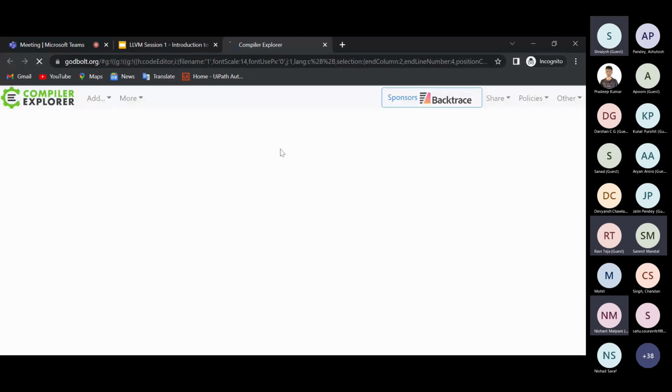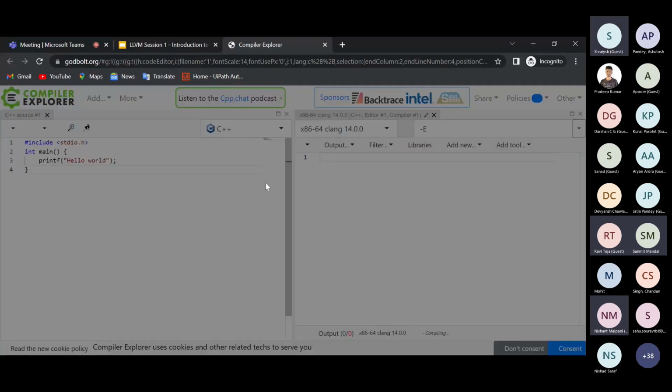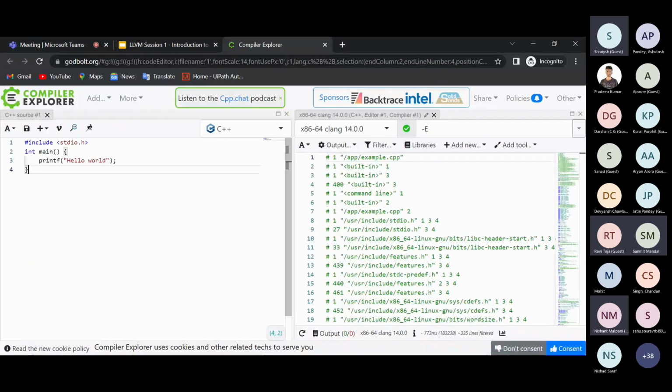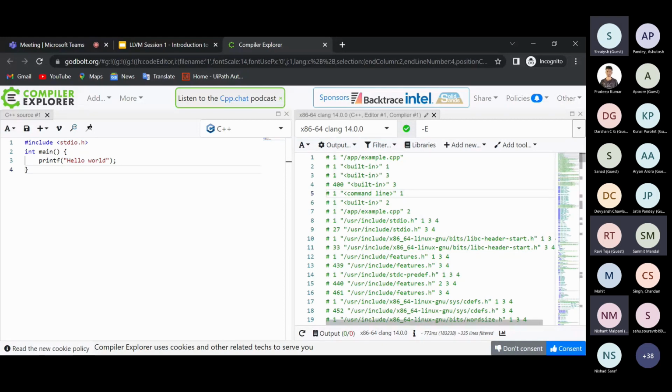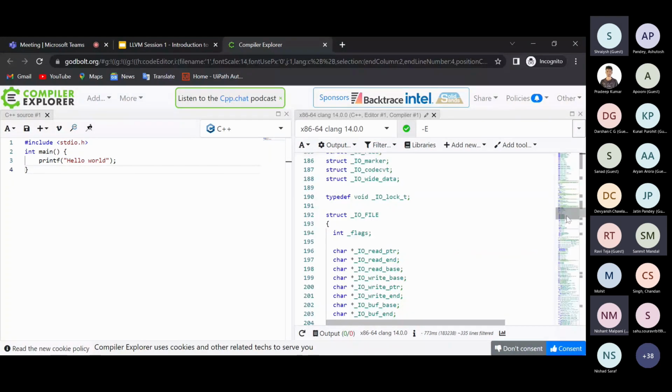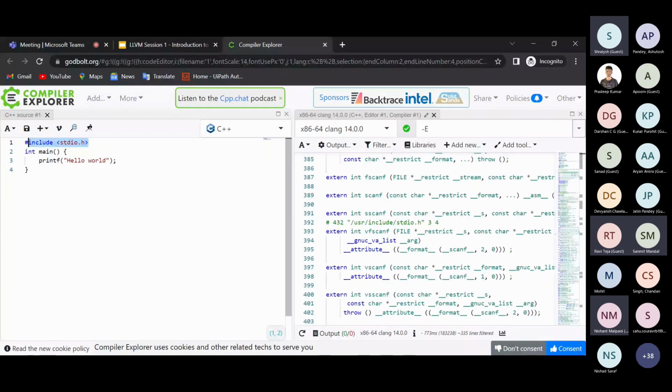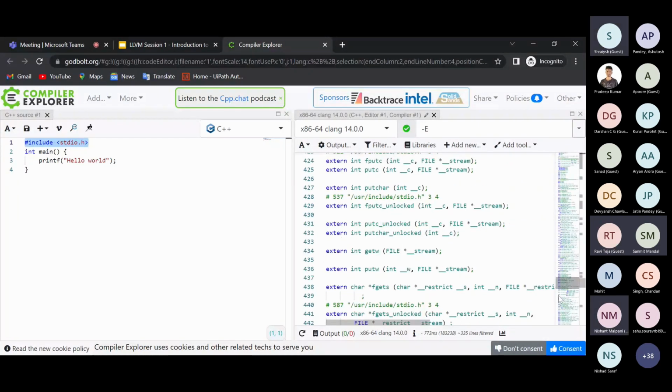I'm using Godbolt for this, by the way. This is an online compiler runtime environment. For example, this is your very simple program which prints hello world. When you pass the -E option to this with Clang 14, Clang is LLVM's C compiler, it gives you this output, which is a huge file. Most of this is nothing but the expansion of hash include stdio.h. And if you go to the end,